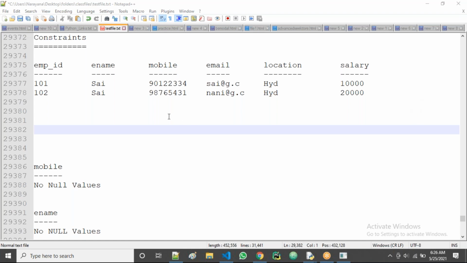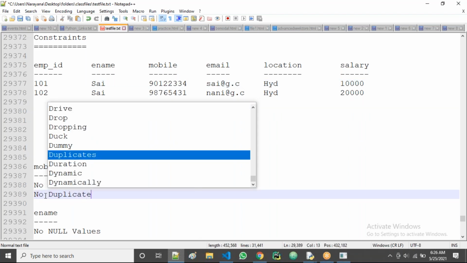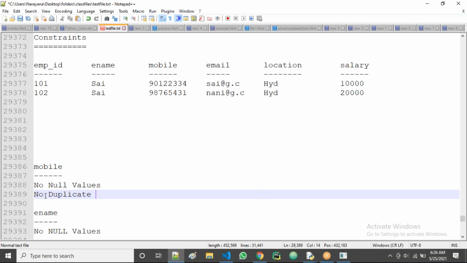Yes. So for mobile number, no duplicate values. There should be a unique value. So I take here no duplicate values.